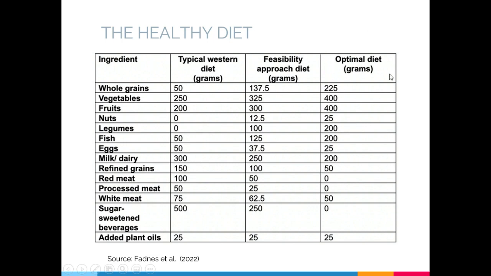So what about the optimal diet? Okay, kani ang ginatawag natong healthy diet. So dapat 225 ang whole grains, so mas dako siya. Ang vegetables mas dako, ang fruits mas dako, then dapat naanay nuts, naanay legumes. Mas dako ang fish compared sa red meat. Zero ang red meat, guys. So therefore, most of your proteins would come from, aside from milk and eggs, dapat sa fish pud siya. Then ang eggs mas gamay, 25 na lang.